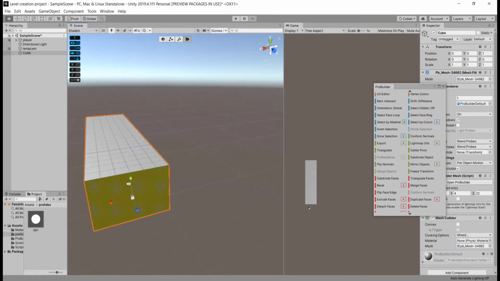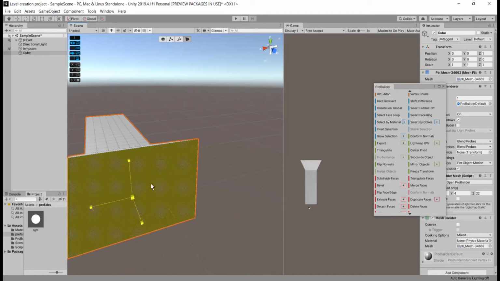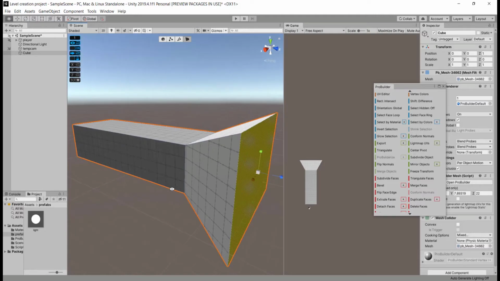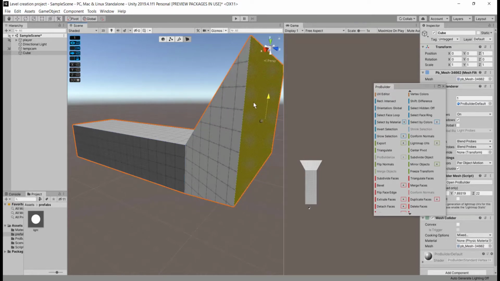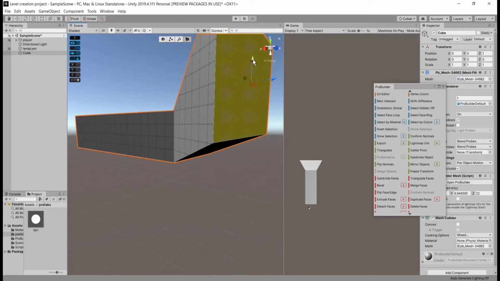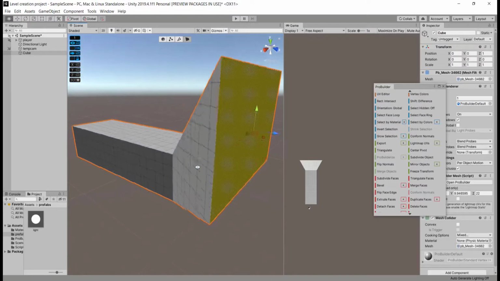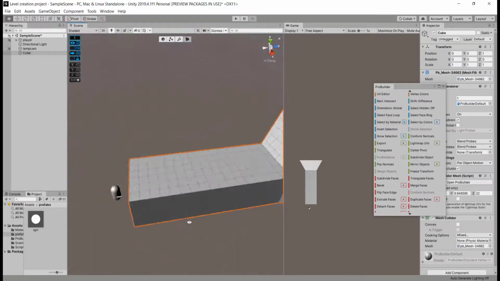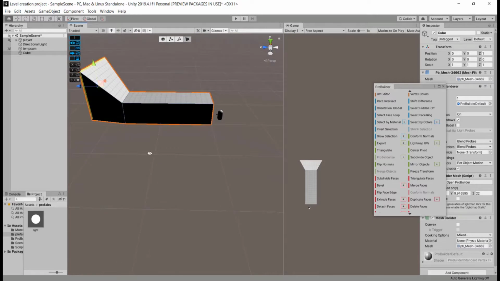Now I am going to use the scale tool and scale up the selected face like this. You can see our corridor expanded, giving this unique look. So now I am using the move tool to move this face a little bit upwards so that our floor gets turned into a ramp when we are near that small room.